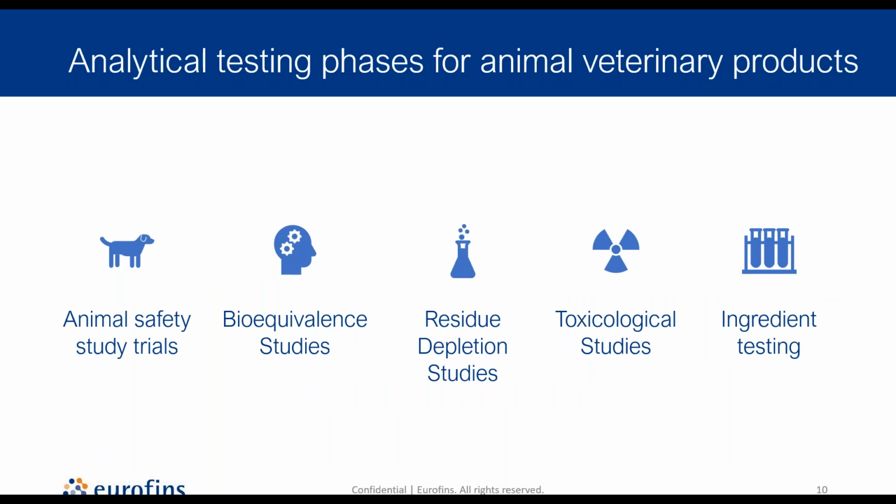Animal health products are vital to the health of pets and livestock. They can range from vaccines to medications to supplements, and they are necessary to maintain agricultural resources, food supply chains, and healthy companion animals. As such, it is essential that veterinary product testing be performed throughout the development process